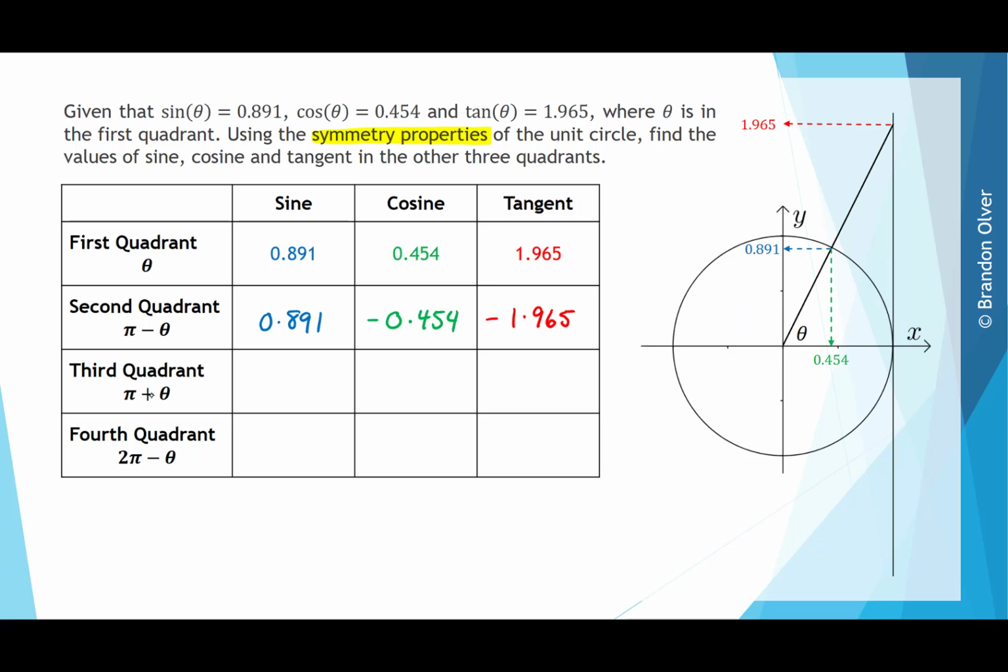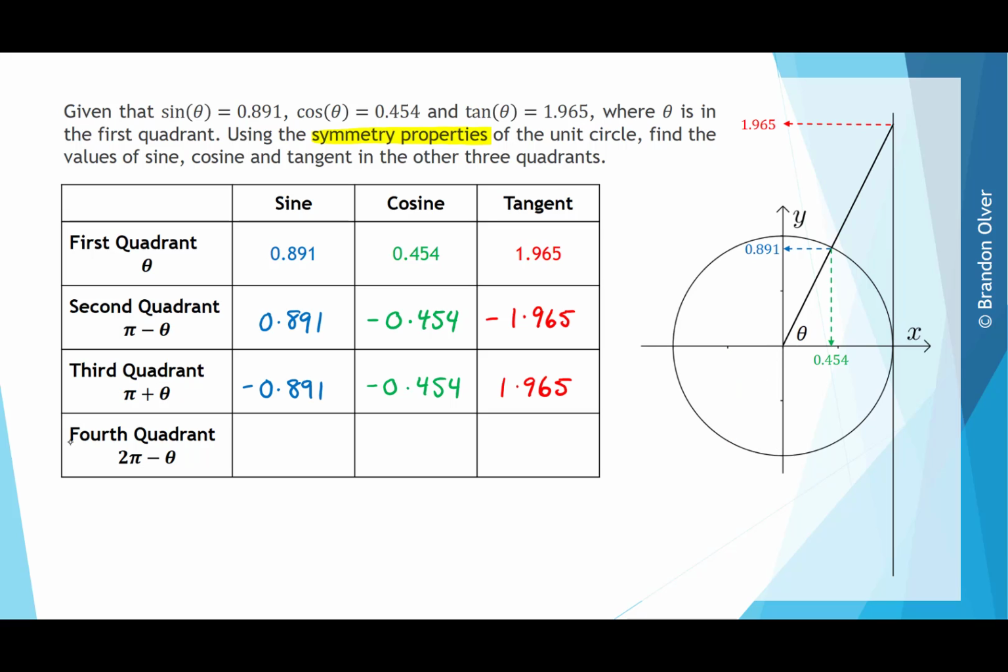Next, we're going to consider the third quadrant, so it's going to be pi plus theta. So that will give us this angle, which is pi plus theta. And once again, we're going to read off the values of sine and cosine. So the value of sine is read off the y-axis. So that's now going to be negative 0.891. The value of cosine is read off the x-axis. So that's going to be negative 0.454. And the value of tangent, if we go back up this line to intersect the tangent line, it's still positive